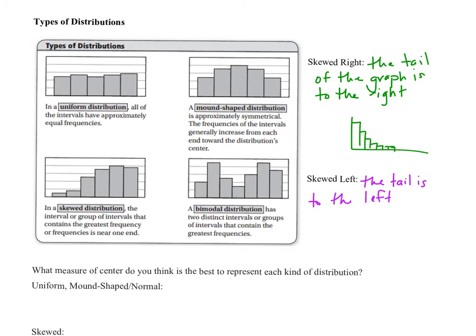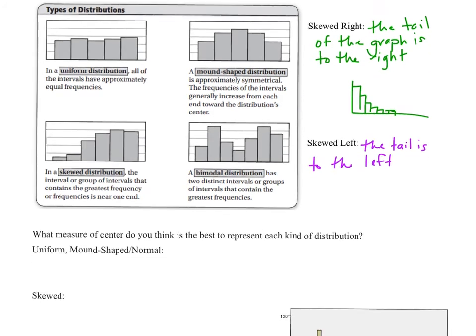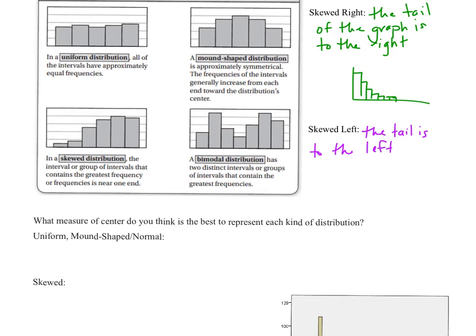So anytime we have something that's pretty symmetrical, is what I would call it, we want the mean to represent that, because the mean is going to take into account the lows and the highs, but really settle probably in the middle there as much as it can, because it's not being affected by anything too extreme, right? So when something's symmetrical, there's no extreme data on one side or the other, and so the mean is a really good representation of that. So right here we're going to write mean,